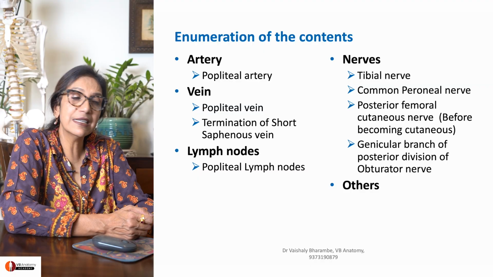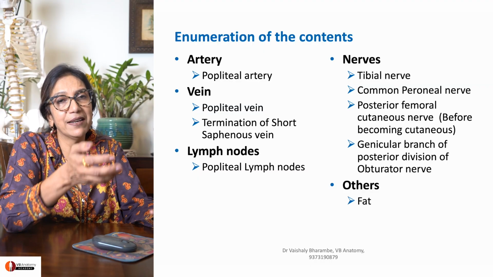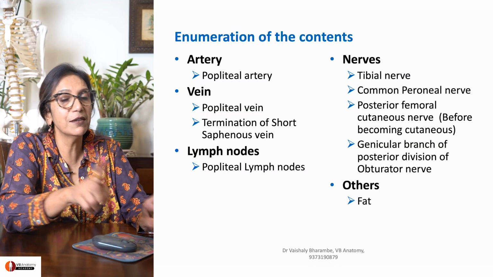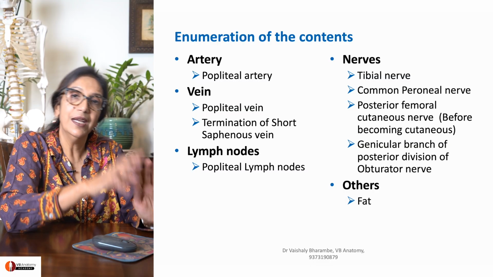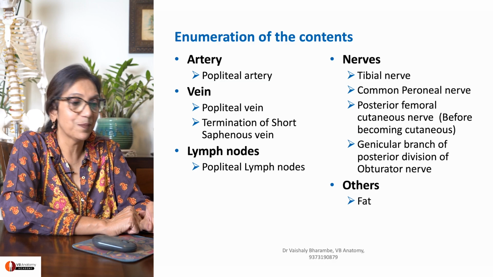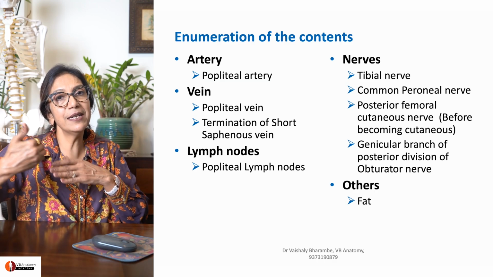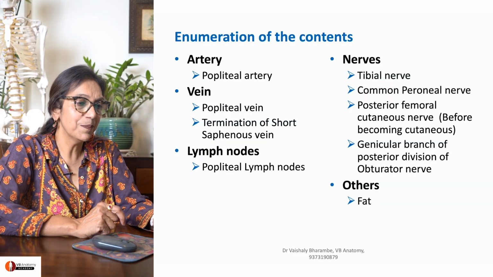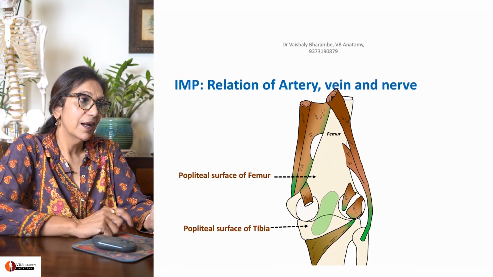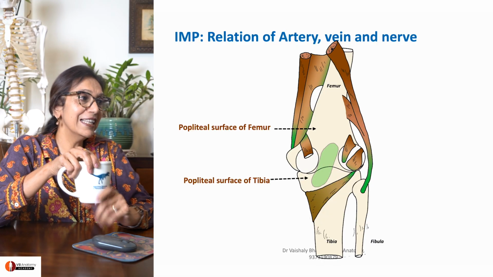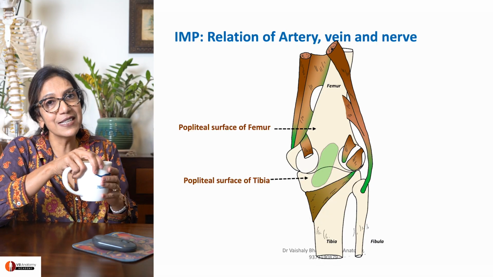And what is others? Others is basically fat. Behind your knee, you've got a lot of fat and nothing wrong with it. Fat is not bad. It's there to protect these important structures. It's a necessity. So what we do now in this lecture is we learn about all of these structures a little bit. It's time you picked up a cup of coffee. Relax. Then we're going to go learning about each of these structures.